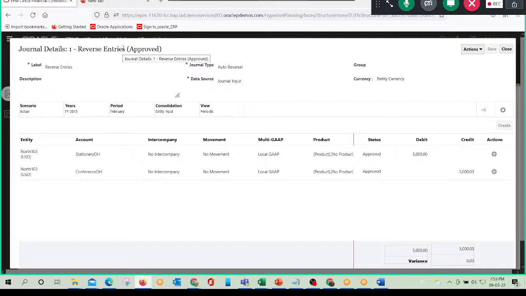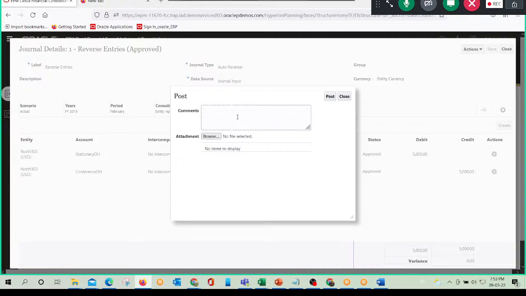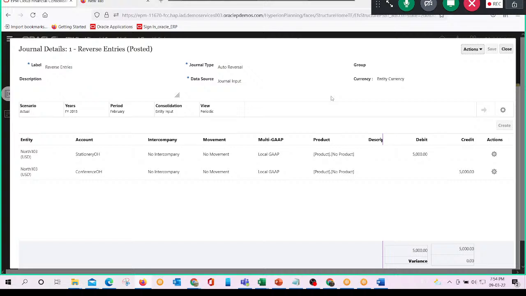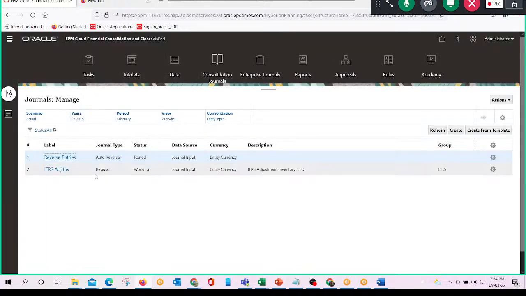So it is still approved because it has not been posted as the period was not open. Now we'll go to action and we'll just post. Now it has posted the entry and the approved status has changed to posted. Now we will close this and now the status has changed to posted and general type is our reversal. We will just refresh it